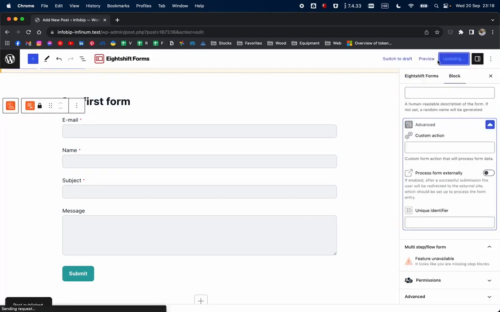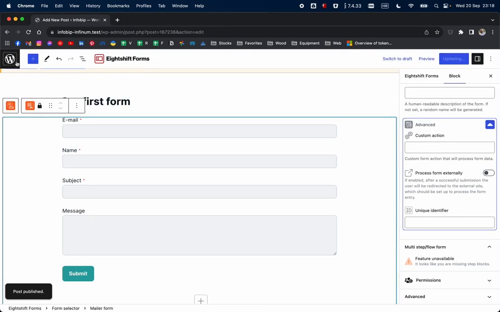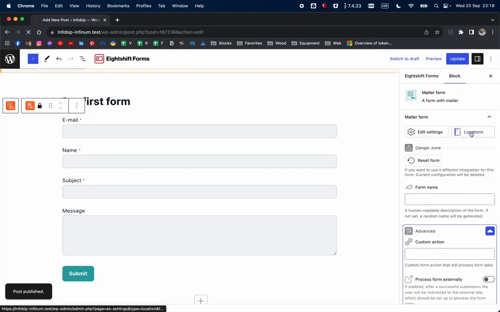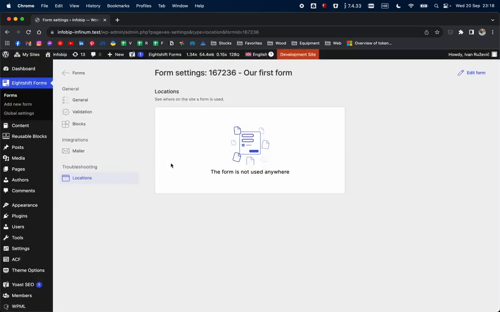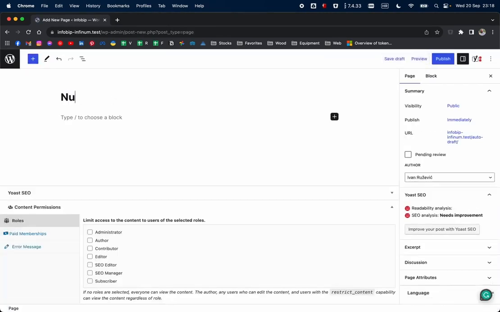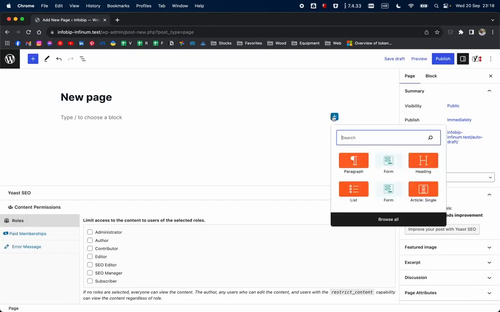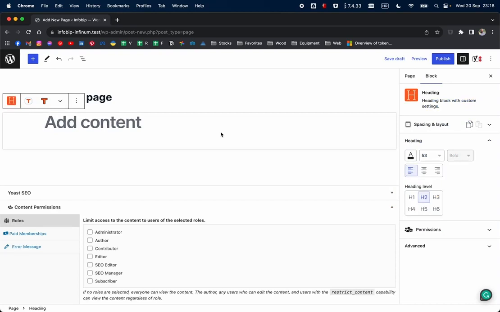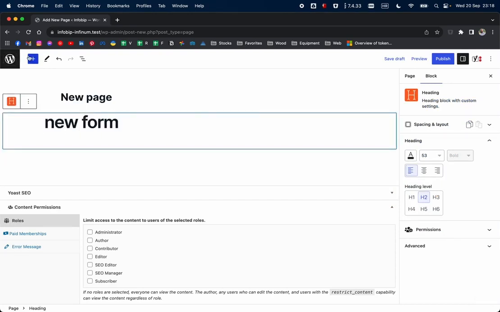Click publish, and then we need to add this form somewhere on your page. As you can see here in the locations, we don't have that form added anywhere. Just go to the page, add a new page, for example, let's say new form,